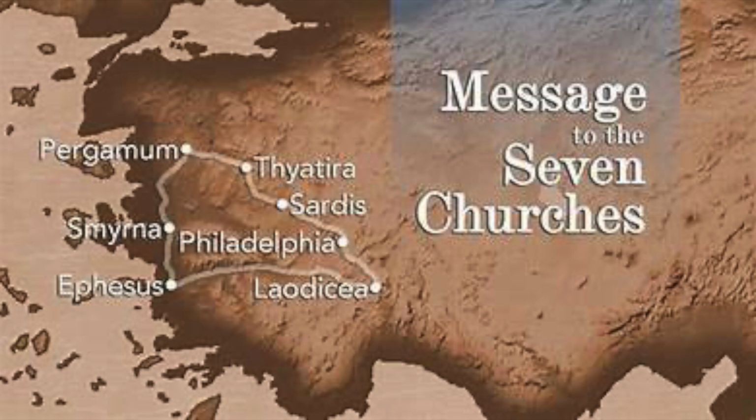The first major 7, the one where we plot a course, is the 7 churches found in Revelation chapter 2 and 3. 7 churches, 7 different stages of development. A type of development that we see time and time again in history. It happens both in small settings like individual churches, and it happens in societies at large. So I'm going to go through each and give an example of each, both big examples with major cultural shifts and small examples with the church I grew up in, which went through all 7 of these stages.